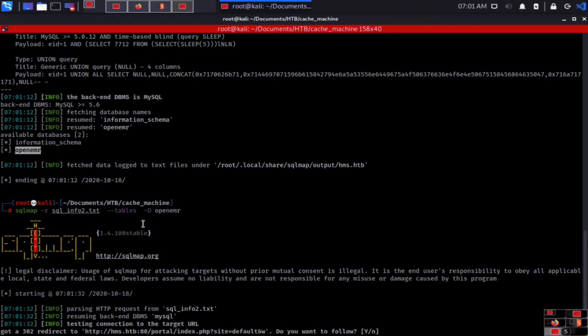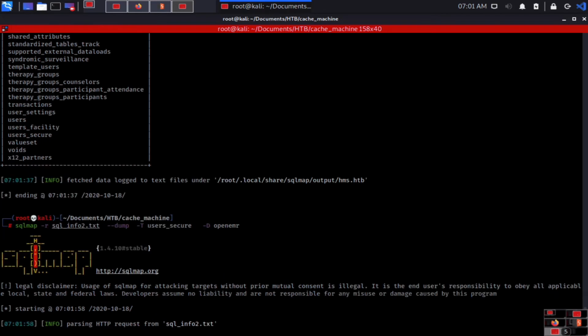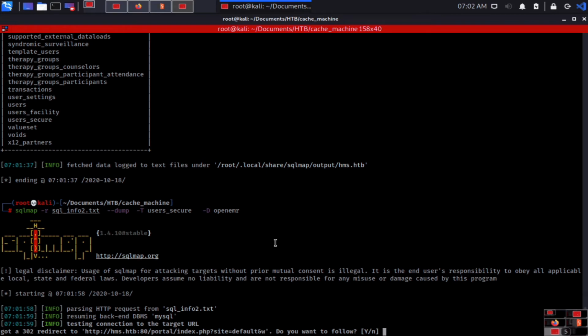And once you identify the tables, what do we require? Here we have to dump it. So this is the user secure table. You can copy it. So this is a table now. Now we have the table identified. So -T, then Control-Shift-V. Then you can just type -dump for this particular table and try to identify this thing.